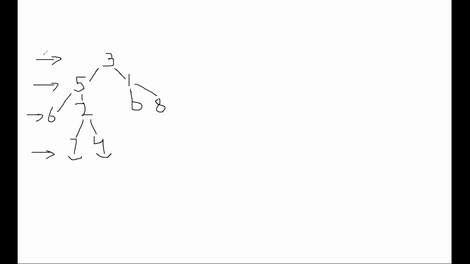I believe everyone should be aware of how we can do the level order traversal. We have 4 levels, from 0 to 3. If we are using a queue to do the level order traversal, in the last pass, what are the elements left in our queue? Should be 7 and 4, correct? Now, let me extend this example and say we also have 9. So these are the elements that will be left in our queue.